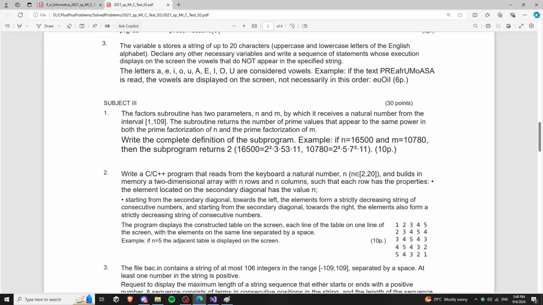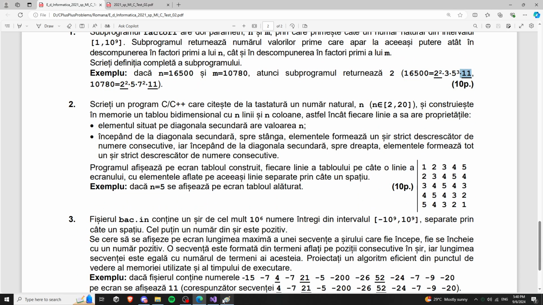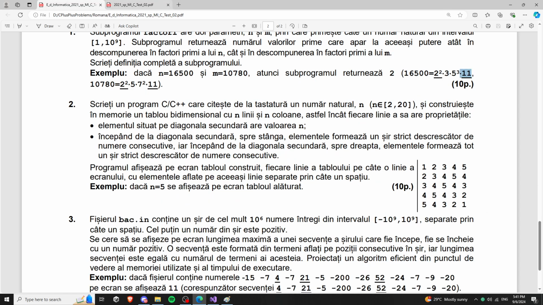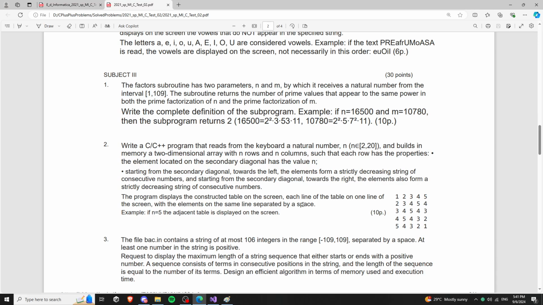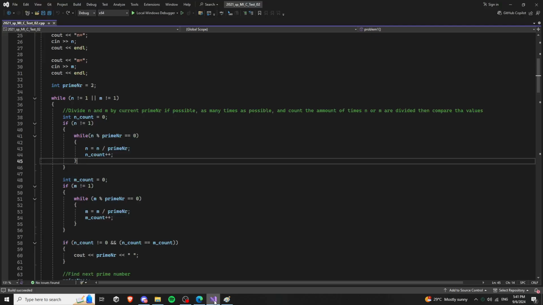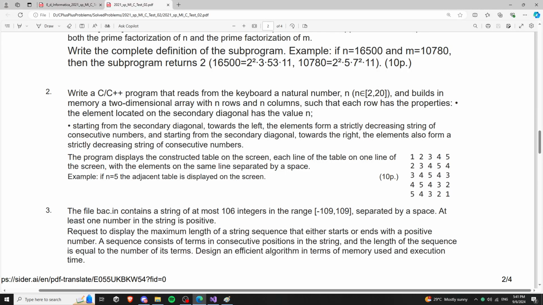Okay, next problem. I will explain it here in the Romanian version. Or never mind. This works. Problem 2. So we need to read